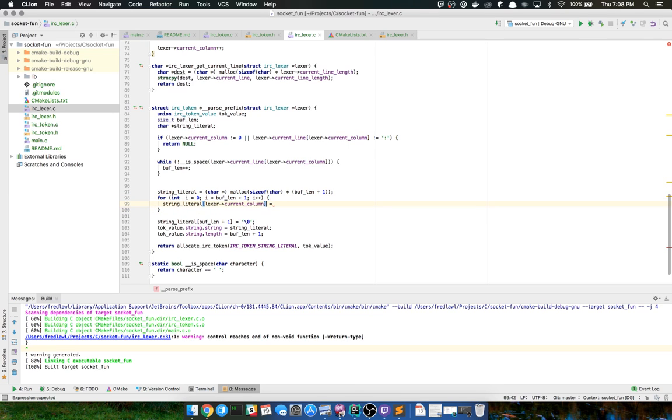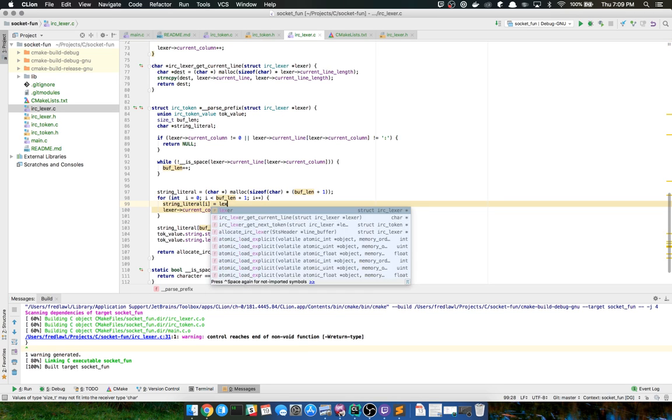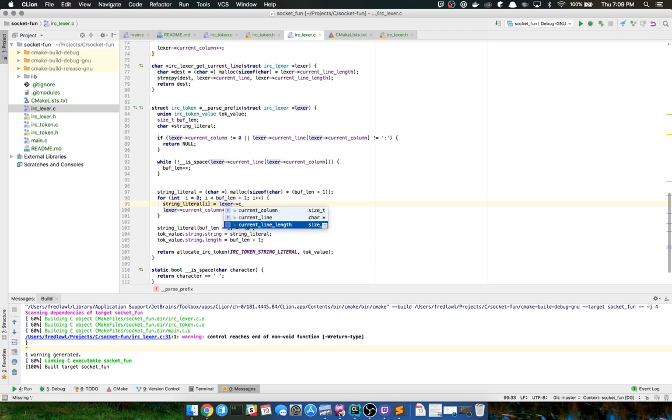And then we're just going to do I. So we're going to start at 0, and this is what's going to be incremented. So lexer current column++. I could actually do that here in this for loop, but I'm not going to muddy that up for readability's sake. And then this is going to be the lexer current line, and then we're going to pass in the lexer current column.